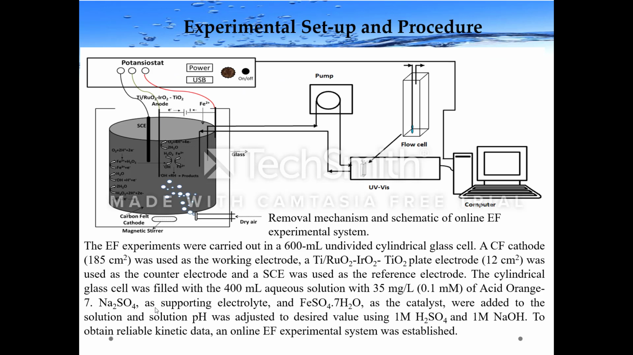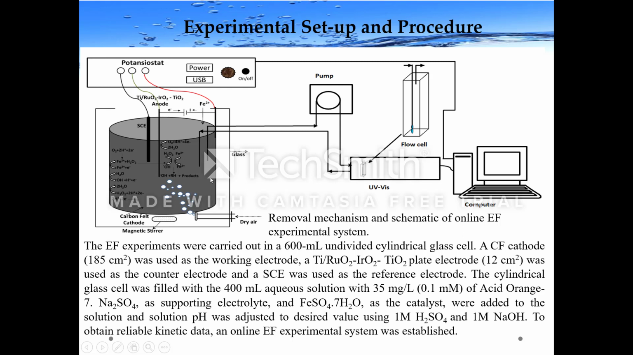You can see our electro-Fenton process. Actually, it is a very basic one. As I mentioned before, we use carbon felt as the cathode electrode. We use a metal composite anode, and we use a calomel electrode as a reference electrode. These electrodes, calomel electrodes, anodes, and cathodes, were connected to